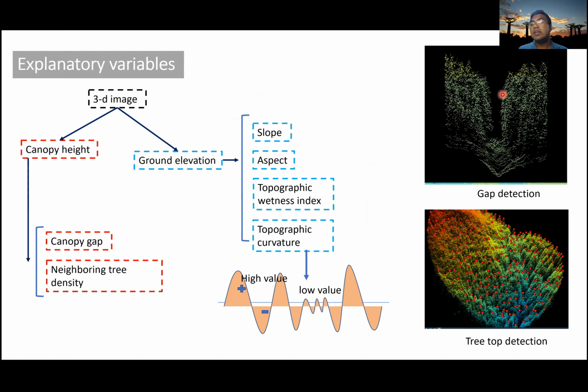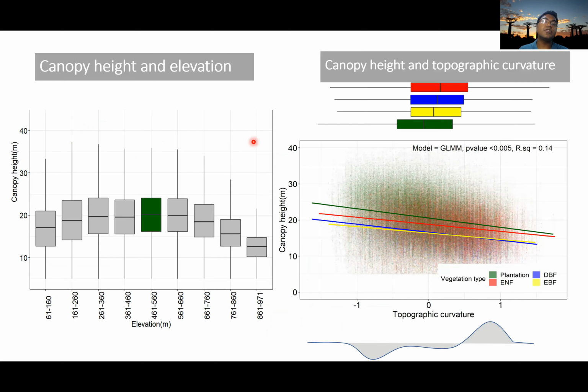Like we can detect where there is any canopy gap like this and detect the number of trees in the neighborhood. So in our study area, we detected at least 14 million trees. So we used 500,000 points from those 14 million trees to see the relationship between the canopy height and elevation. We found that the highest trees were found in the middle of the elevation range, which is 500 meters in